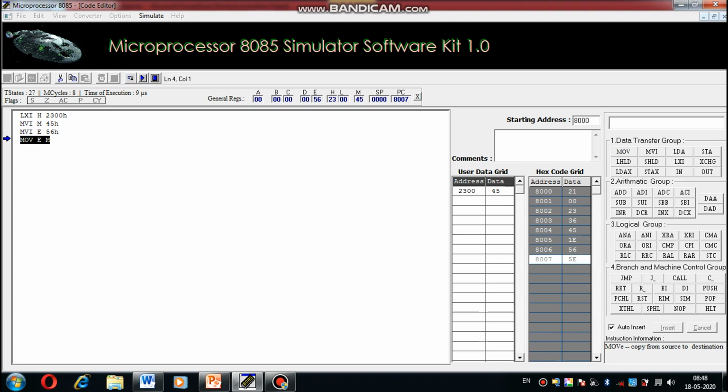Here E register had 56 and M register 45H. That means this 45H, the M content, is copied to the E register. Look here, E register 45H, M register 45H. We stop here.